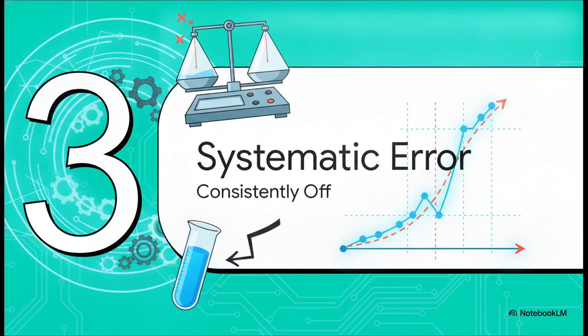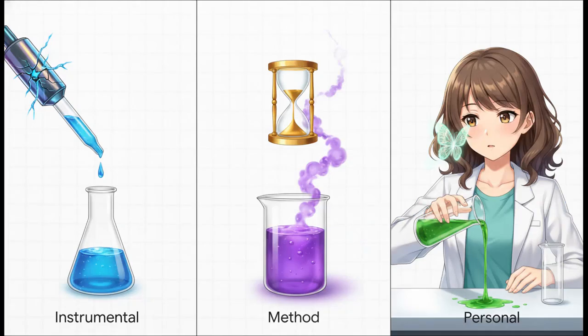Section 3, systematic error and bias. Let's talk about what happens when things are just consistently off. When your measurements are consistently missing the mark and ruining your trueness, we call that a systematic or determinate error. This is the kind of error that drags your whole dataset consistently too high or too low, creating a real bias. There are 3 usual suspects here.